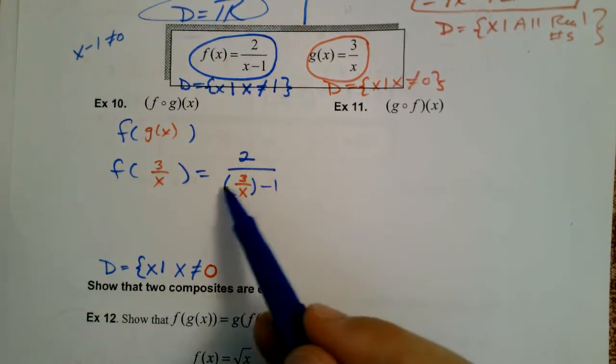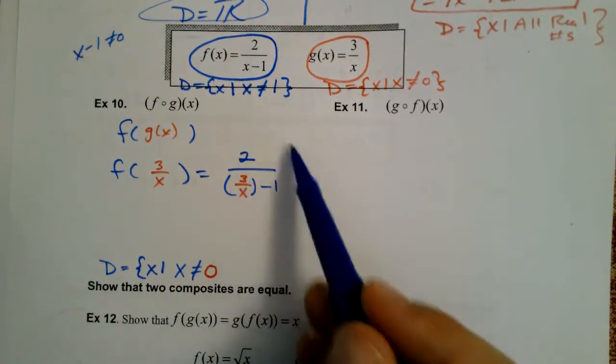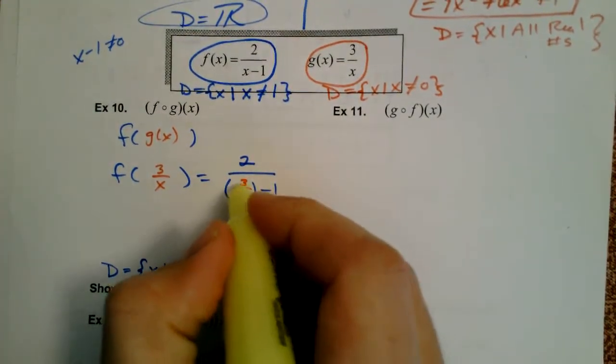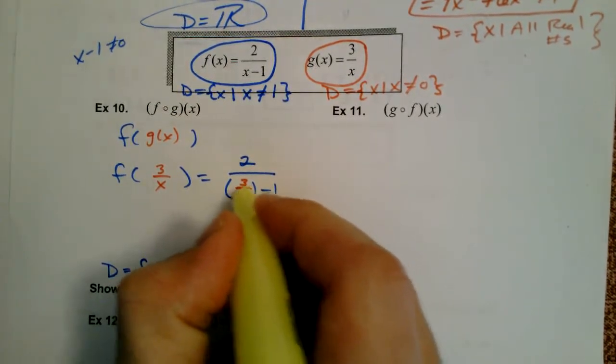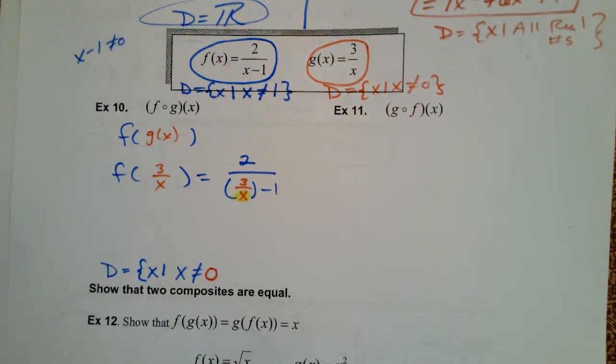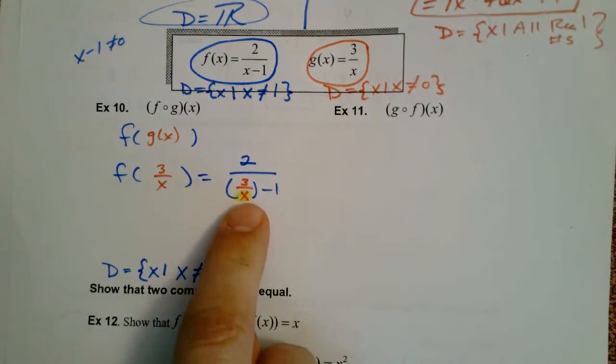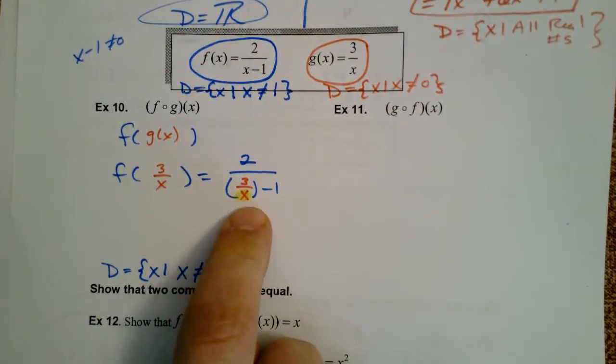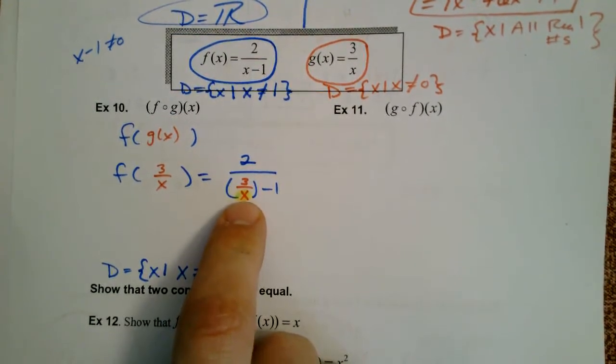I see a fraction, this little guy, inside this big fraction. I can't stand that. We got to simplify that, okay? So for us to do that, we need to get rid of this x on the bottom, okay? Now, this is something that your Algebra 2 teacher taught you way back in March, April, May, somewhere in there,